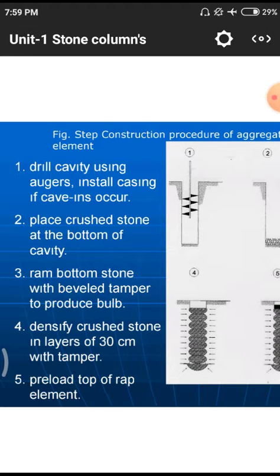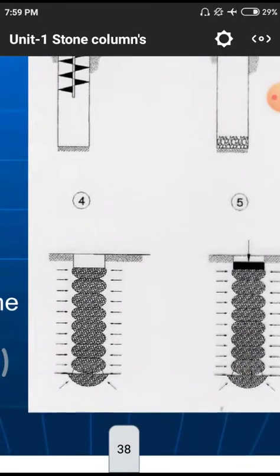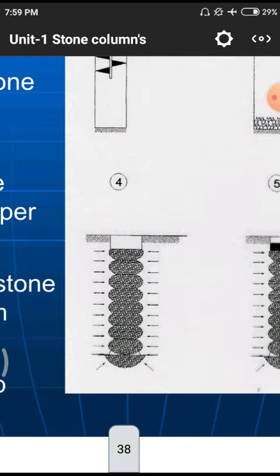Next, we need to densify the crushed stone in layers of 30 centimeters with a tamper. That means in the fourth diagram, it is the fourth condition we are having: the bottom is entirely in the shape of a bulb. After that, we are having a